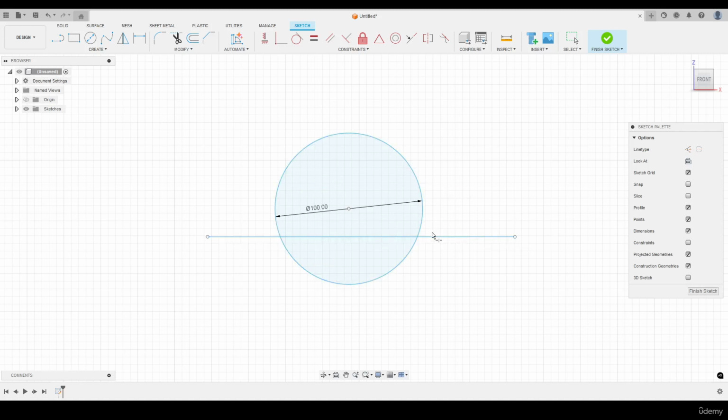If I hover the mouse over the circle, like so, we can see these two red crosses appear down here. So what this will do is break up this circle at those 2 points. If I left click on that circle and leave the break tool, press escape on the keyboard, and then I